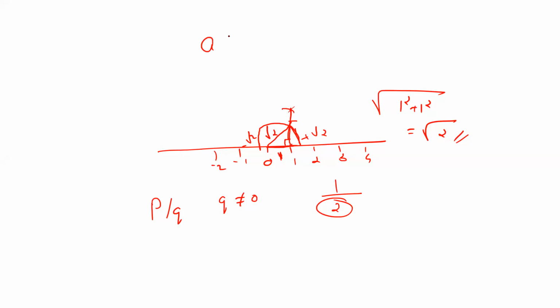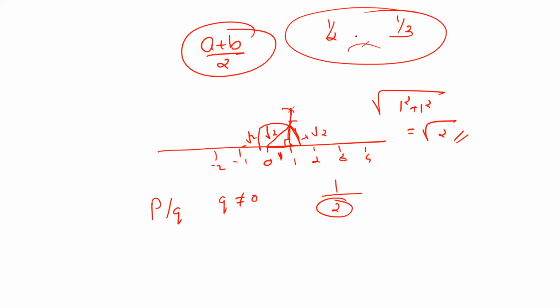Now to find out how many rational numbers are between two rational numbers, you write it as a plus b by 2. If a and b are two numbers, then a plus b by 2 is a number between them. This is the general way, but we applied another method. Suppose you want to find a rational number between 1 by 2 and 1 by 3. What you have to do? First you have to make the denominator common. In the previous case it was not like that. No, sorry, this problem I will give tomorrow, because time is not sufficient for that now.